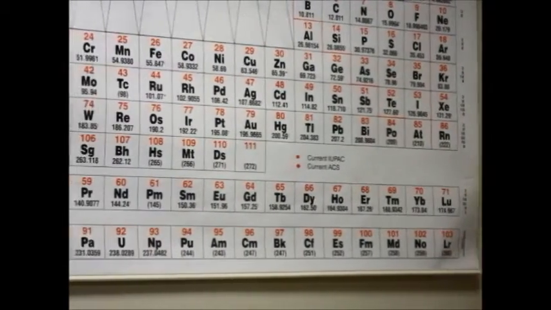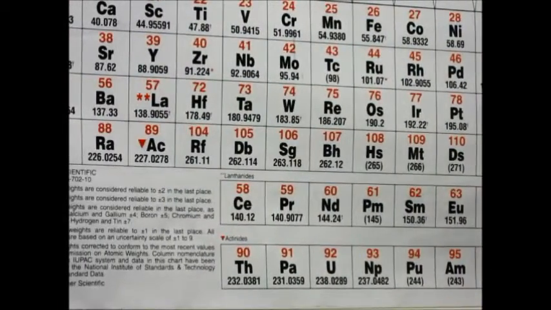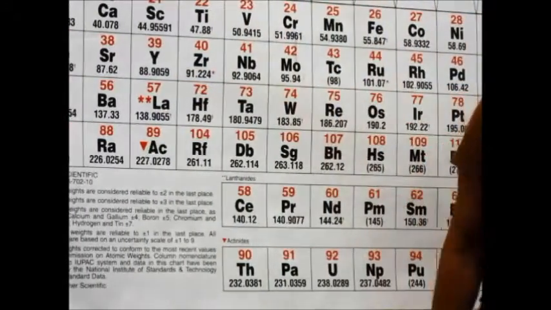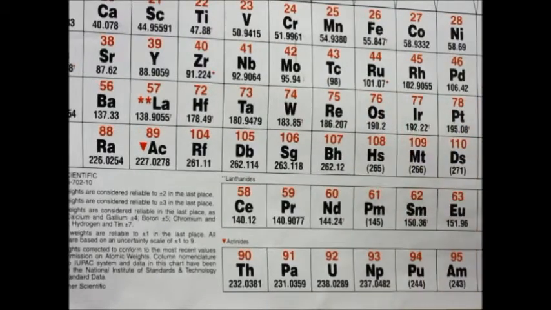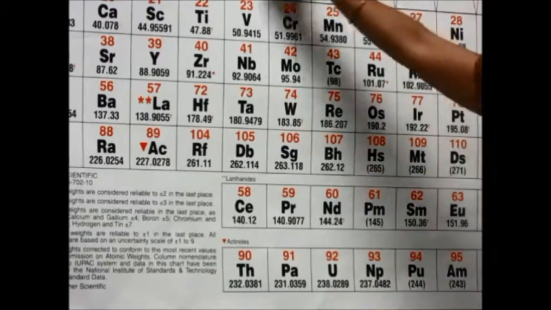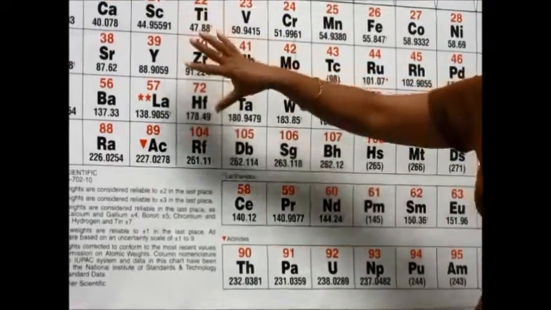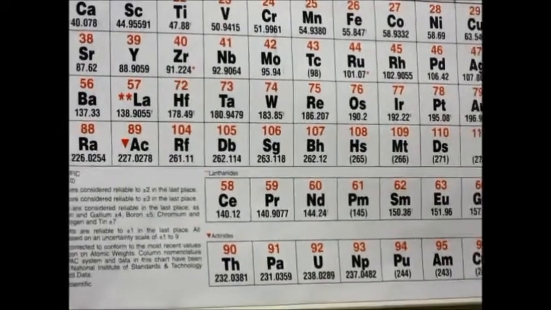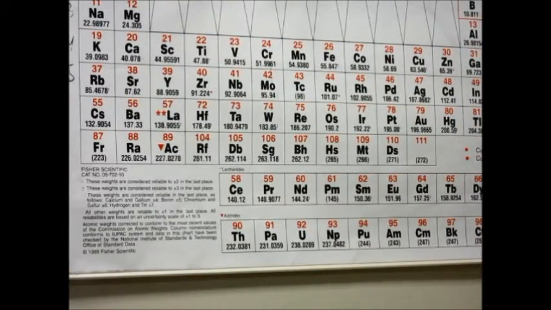If you were to take the periodic table and put all of this in the middle over here, the periodic table would probably cover the whole board, right? It would become that long. But then there would be so much empty space also, because right now there is so much empty space here as well. So if you put these two over here, there would be a lot of empty space here. So for the sake of arrangement, they're taken out. They do belong in the periodic table. They're really not stepchildren, but they put them outside.